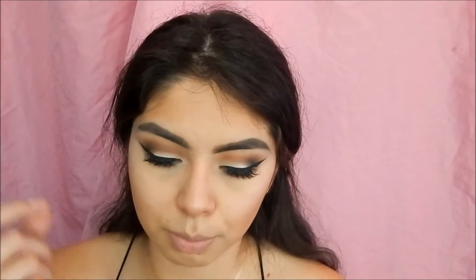Just like that. So now we're going to go back to finishing the eyes. I don't know if I want to even put black eyeliner because I like the way it looks. Should I just leave it like that, with no black eyeliner on the lower waterline, because it looks really pretty and that better not stick. Okay. So I'm just going to use just an eyeshadow, just blend, you know, to buff it out at the